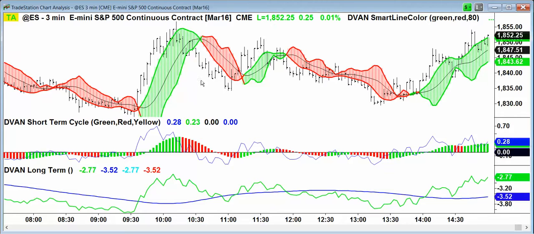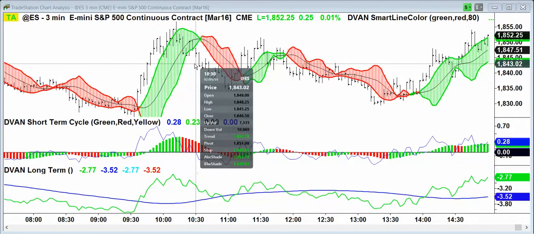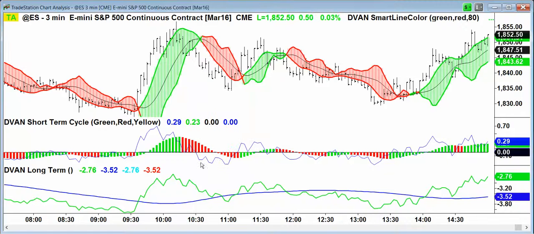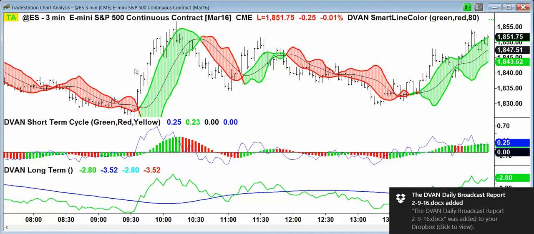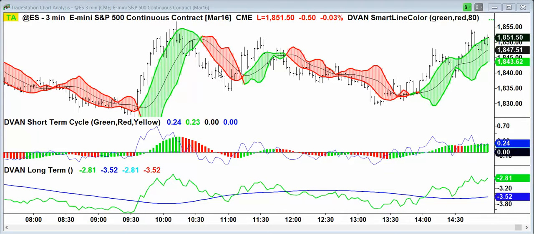The last thing to mention is that when this trade was confirmed to the short side at 10:30, you can see that the long-term trend was not breaking. So that's really managing our expectations. Maybe not necessarily a 20-point move, but more of a trade that we want to watch closely and pick up as soon as we got some profit, or at least trail as soon as we got some profit to ensure that